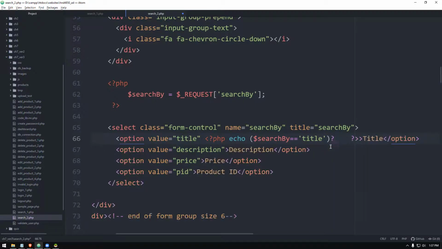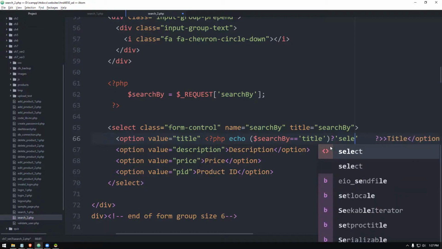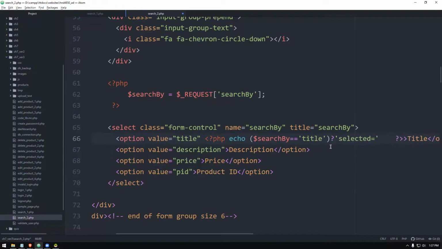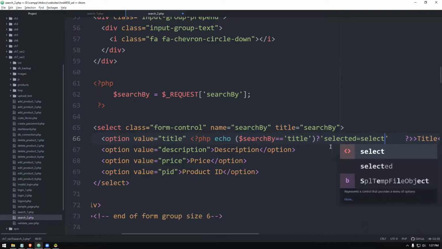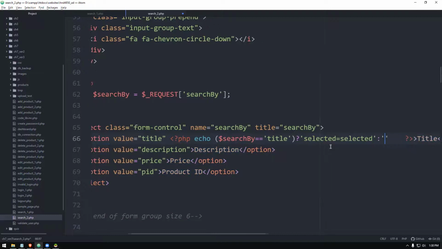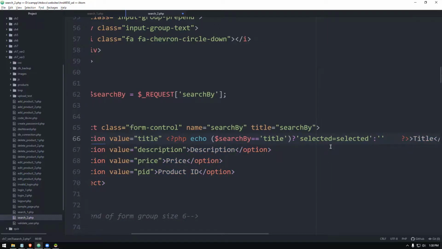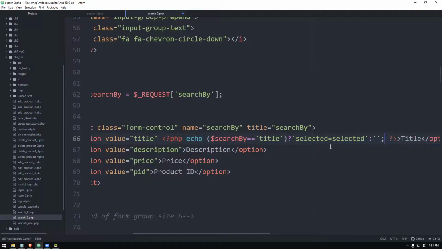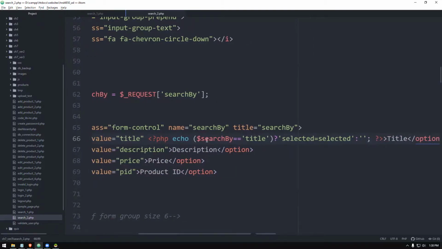Then within single quotation, I'm going to say selected equals selected, colon, otherwise we say blank, like this. That's all you put, right? So it's very simple. If they have selected this title, you check what is the form submitted value also. If that is title, this one will get selected, means that will be automatically coming over there.